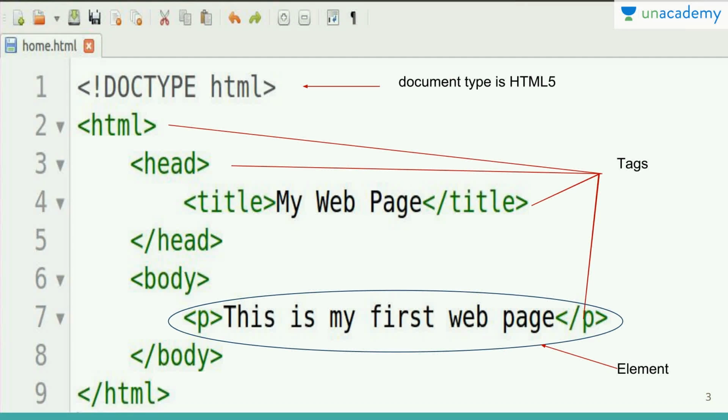This was the basic code. The first line is your HTML doctype. This line tells that whatever code we are writing is in HTML5. If you do not mention this line, many of the new features will not be included in your web page. After this line start all the HTML tags, and the first tag is the HTML tag. All other things will be included within this tag. Inside this tag we have the head tag and the body tag.